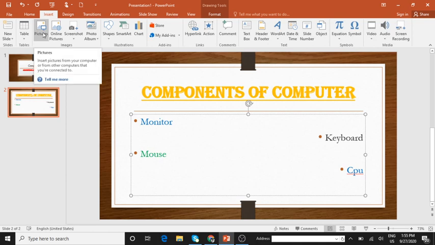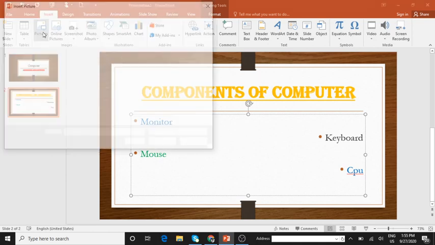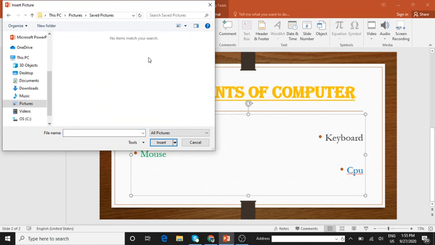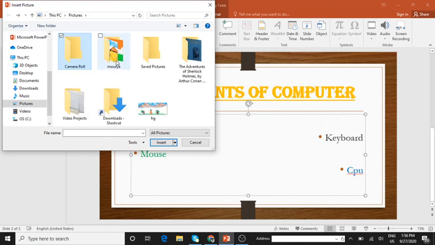Yes, very good. Click on pictures. So you can see an insert picture box will appear for you. So whichever you want, you can just click on them. Okay. So I don't have many pictures here.